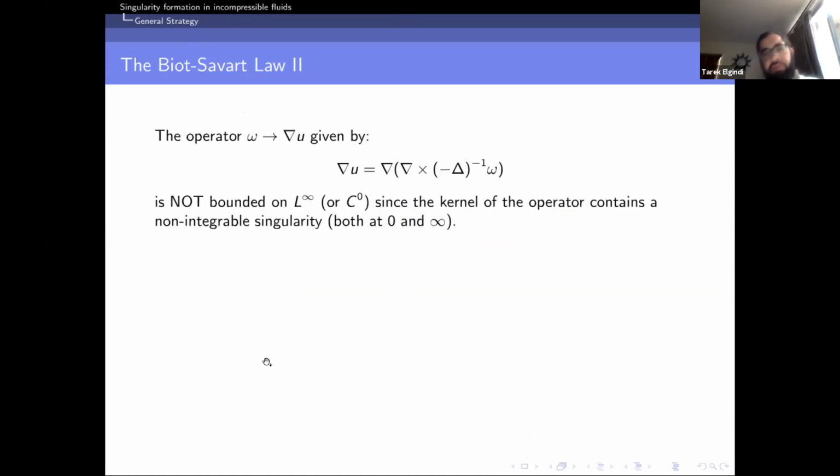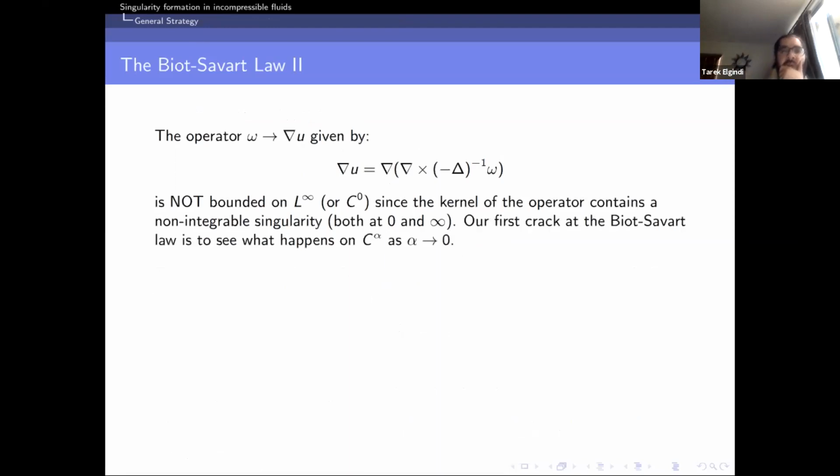And in particular, it's not bounded at the boundaries, so on L infinity and on C0 or C1. And this is because the kernel of this integral operator is non-integrable, both locally and at infinity. And the two are kind of dual to each other. So the first thing we'll try to do to understand this problem is to see what happens